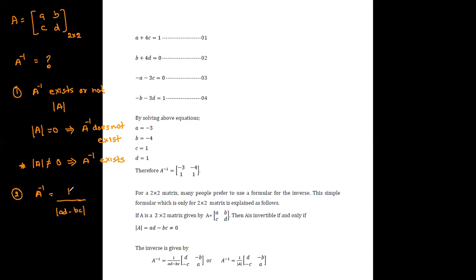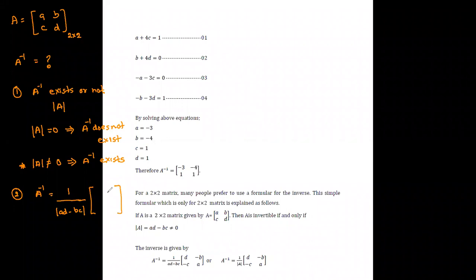Simply, it is the reciprocal of the determinant of the matrix. The determinant of this matrix A is given as AD minus BC, since the values are arranged in the way which gives the determinant as AD minus BC. Then this has to be multiplied with